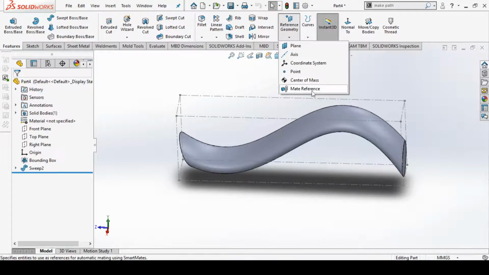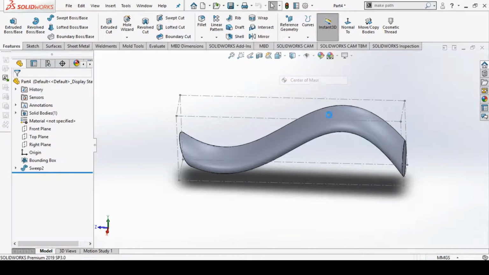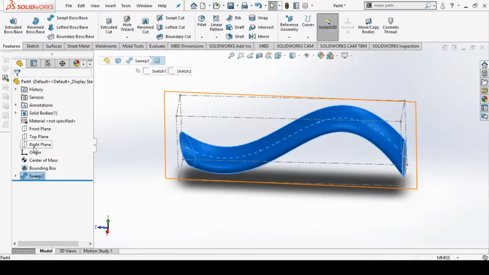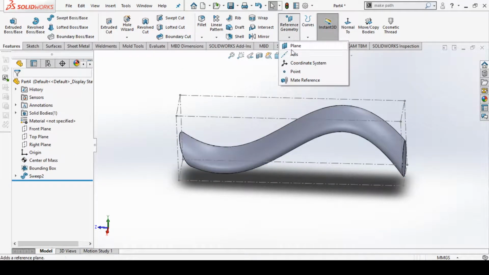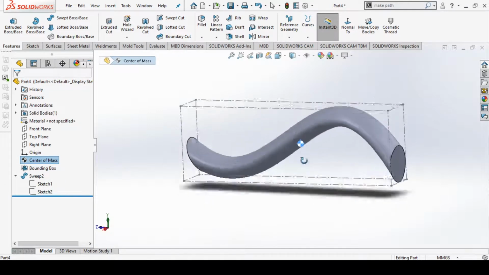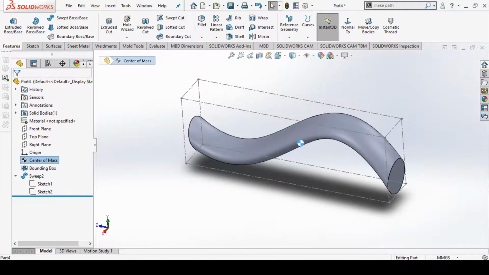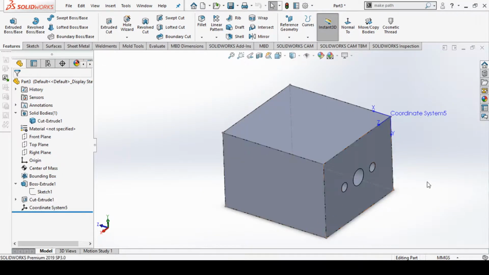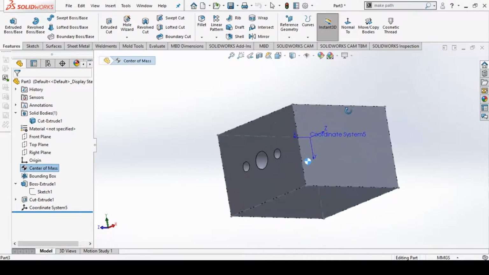Also we can find the center of mass of the object. We have to just select the center of mass. We have to select this body first of all, and you can see the center of mass lies over here. So in this way we can also work with the center of mass. Also you can see in our previous file, this box we have created, we can also obtain the center of mass. So it is located over here.